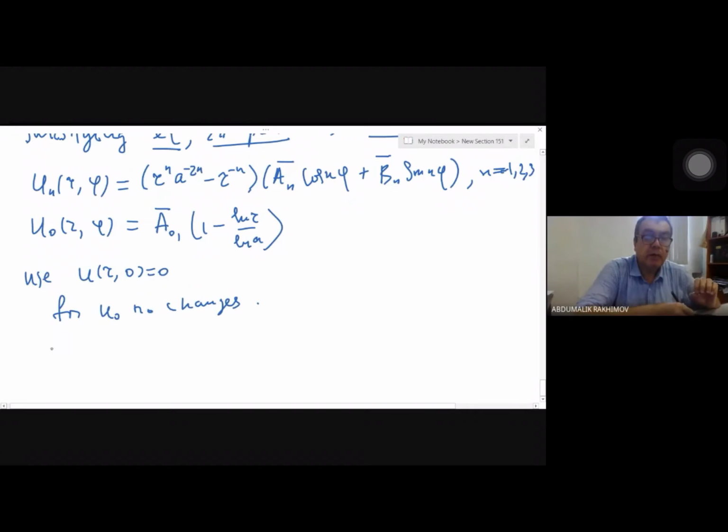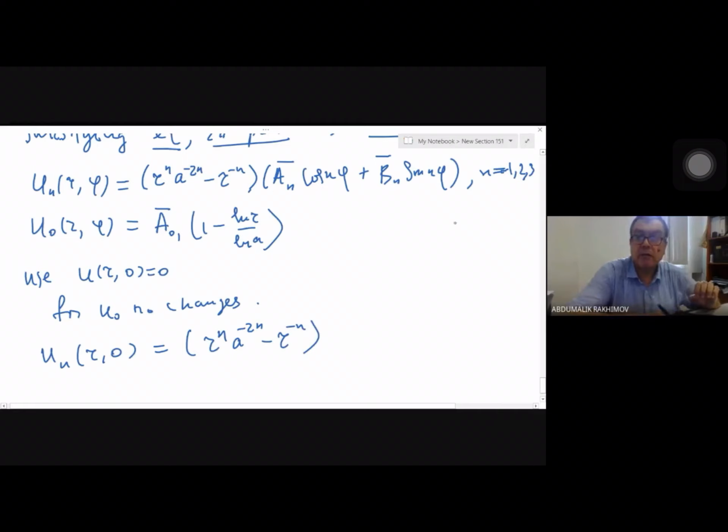So what about un? What is un at phi equal 0? It is equal to r^n A^(-2n) minus r^(-n), with phi equal 0,